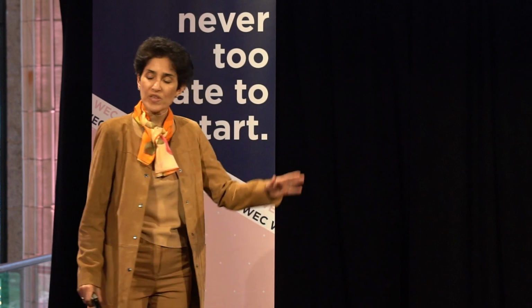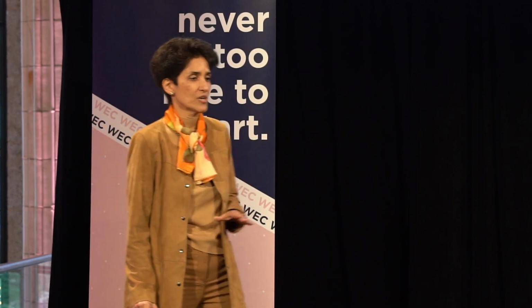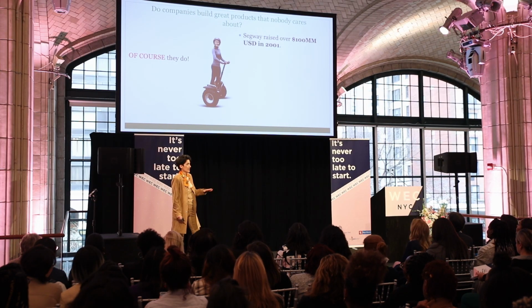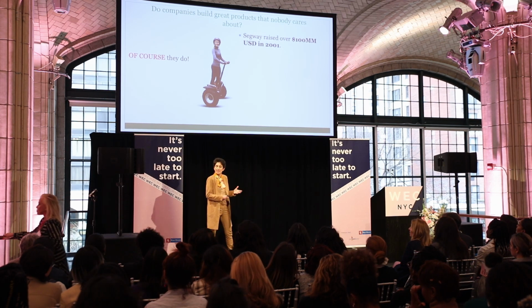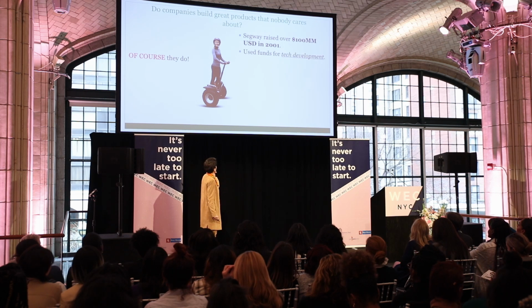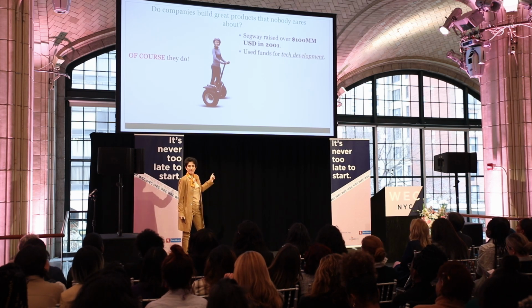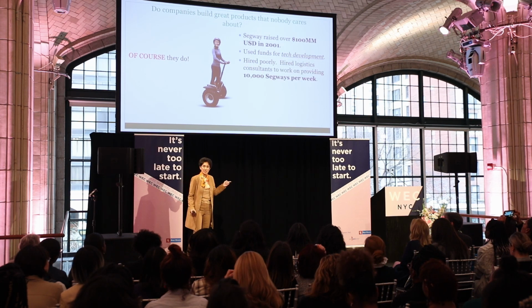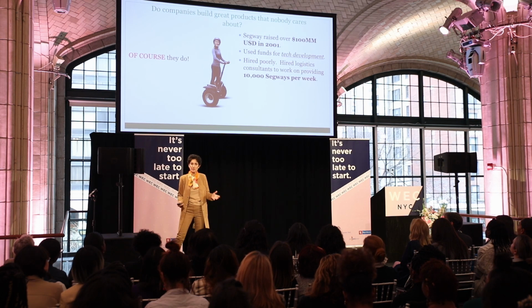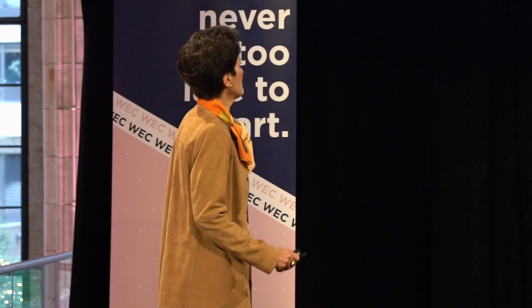First of all, they raised a ton of money, so it wasn't a shortage of cash. It wasn't because they didn't have the money to build it. What did they focus on? They focused on tech, and they hired logistics. They said, okay, we're going to build a ton of these Segways, up to 10,000 per week, and then we're going to sell them. So they needed to find the logistics of how to sell 10,000 Segways per week. In the end, after 2 years, they sold 6,000.